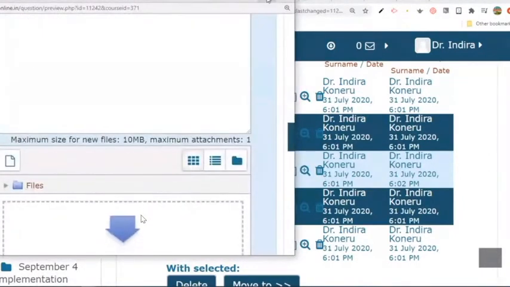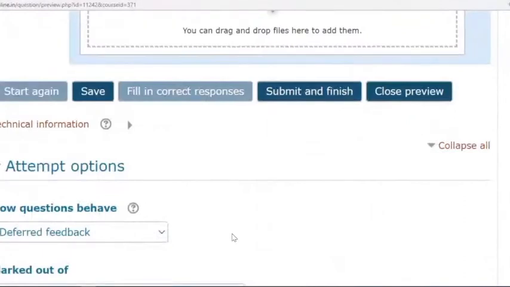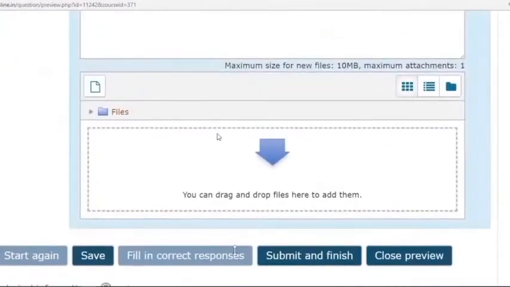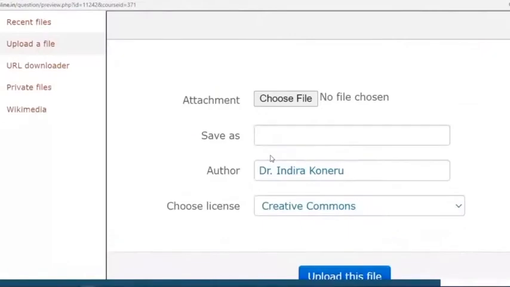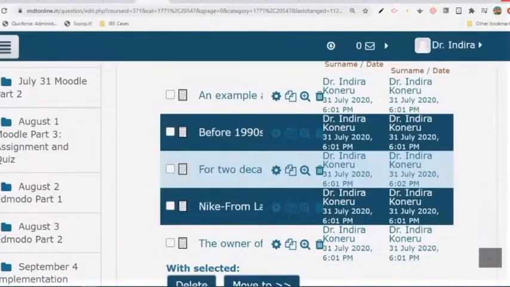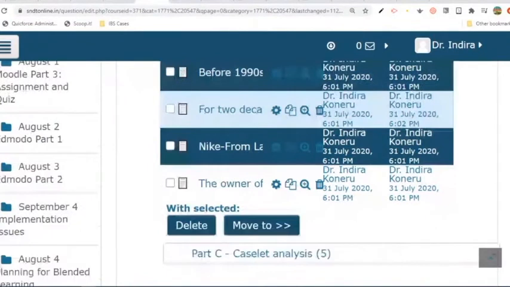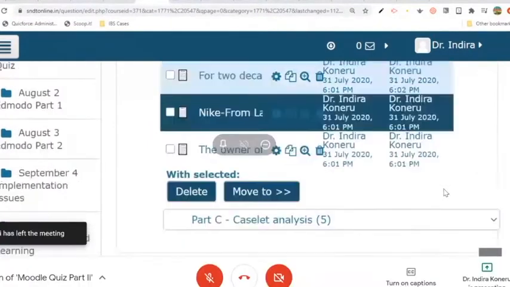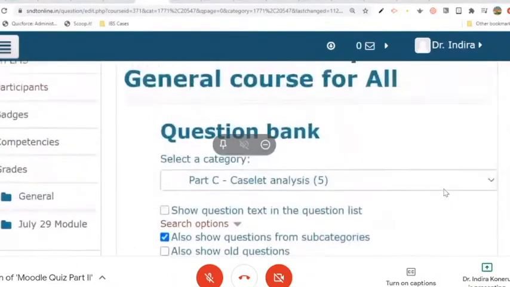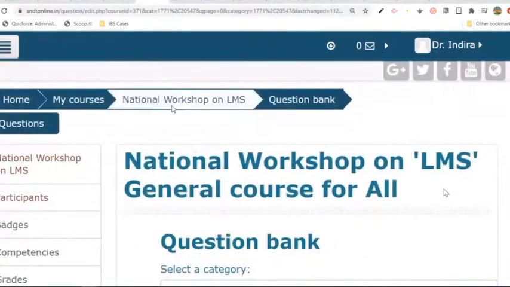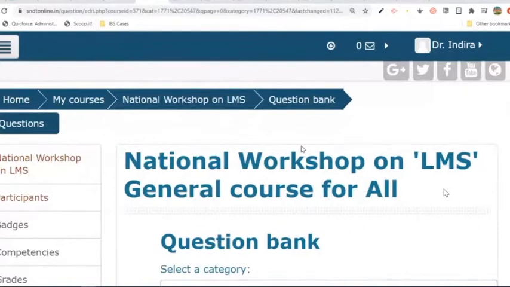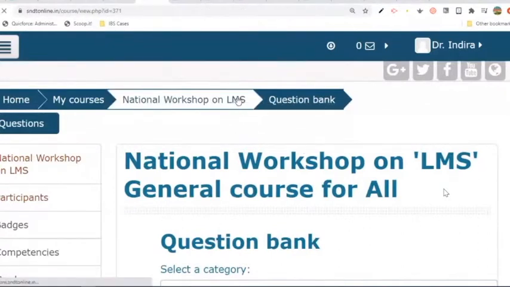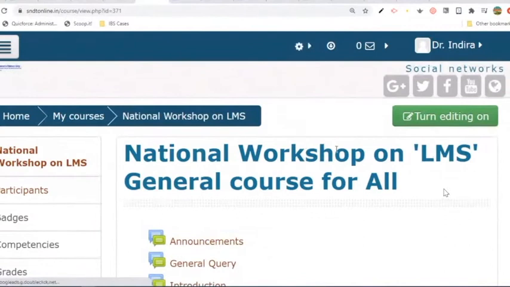Yeah. So once we enable this, here is the provision for file attachment for student. Student can click on this and upload it. This is the preview of this. So we are done with importing questions into the question bank categories. We are done with the first activity, that is creating question bank categories and importing questions. We are yet to create a quiz on the course page. Here comes the turn editing on and add an activity or resource into the picture. Otherwise, for importing questions into the question bank, no need to click on turn editing on.